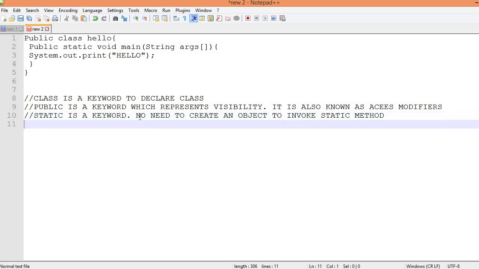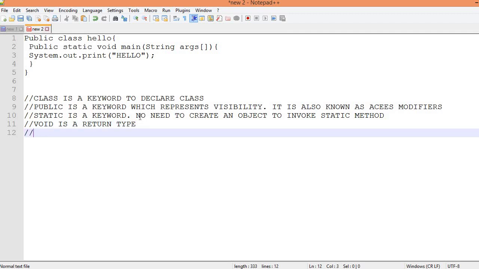Then fourth terminology is void. It is a return type. The next terminology is main. It represents the starting point of the program.